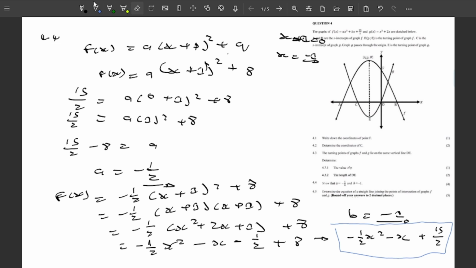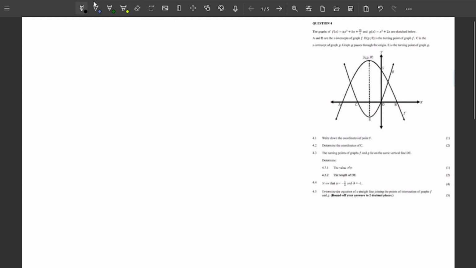Now let's see, 4.5. Determine the equation of the straight line joining the points of intersection of graph f(x) and g(x). Round your answers to 2 decimal places, right? Okay. Now, because they said the point of intersection, that's what gave it off. They just want the 2 points at which the 2 graphs will touch each other. So in order to do that, the first thing you have to do is to